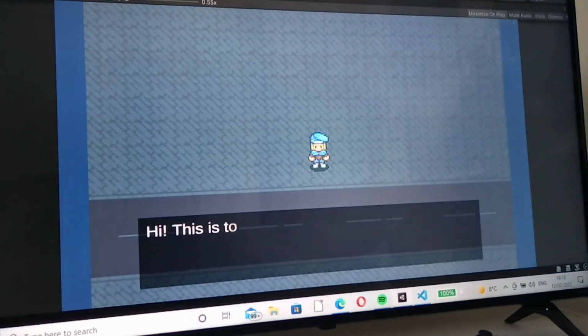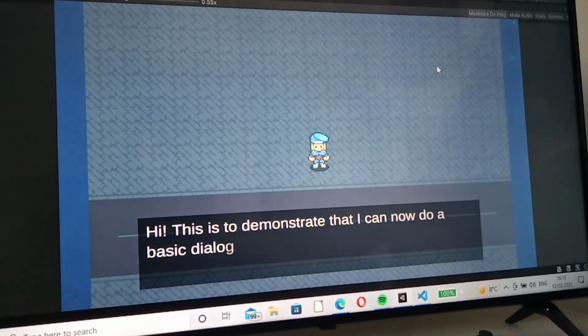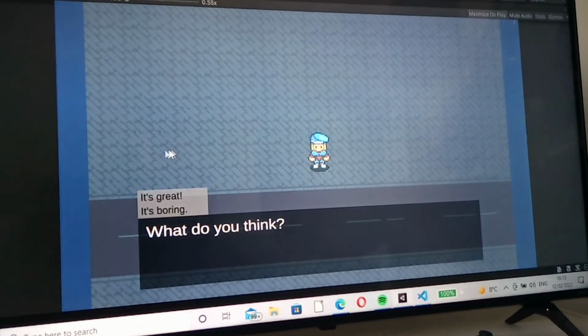Might change it so that this is on the side down here, going down here. Instead of it being horizontal, I want it to be vertical. A bit like Disco Elysium, I think. And yeah,